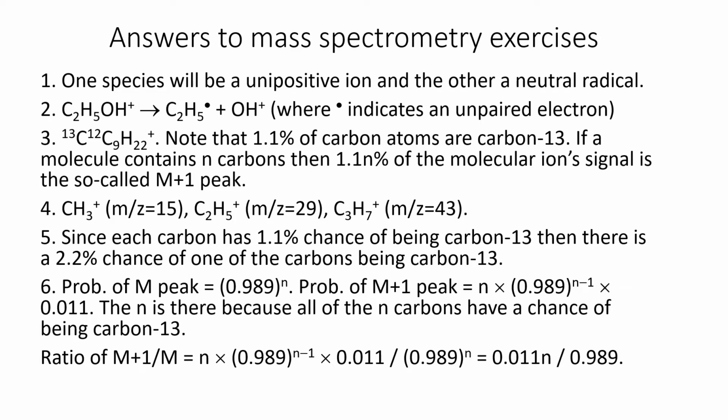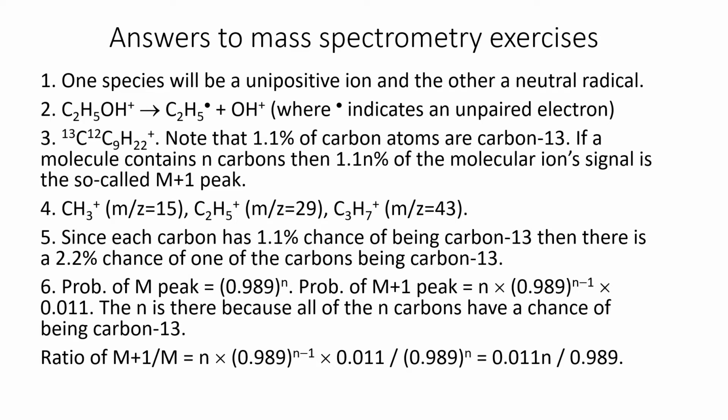And so then the ratio of these two, we're going to have to take these two expressions, so the n times 0.989 to the n minus 1 multiplied by 0.011. This then is the probability of the n plus 1 peak, and then we divide it by 0.989 to the power n. That's the probability of the m peak. And as you can see, there's going to be quite a lot of cancellation there. So the 0.989 to the power of n on the denominator, that's all going to get cancelled out apart from just one of those 0.989s by the term on the numerator. So that leaves us with just